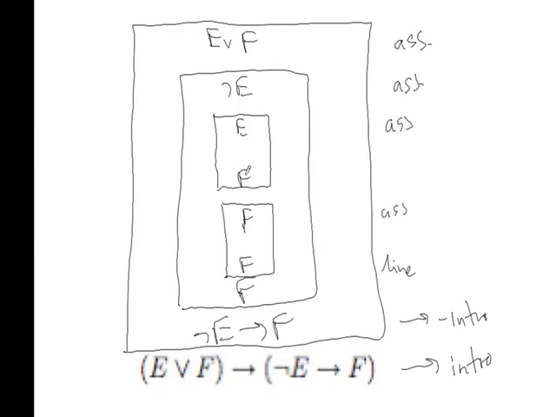Now, the only line we cannot justify at the moment is this line where we have the F. However, you see, we have assumed not E and we also have assumed E. So for these two, we can get a contradiction. You can say we're using a kind of contradiction rule, where you have a statement, but also the negation of the statement, so we get a contradiction. In the notation of Jape, it's simply the not elimination rule. But it's completely acceptable if you write contradiction rule or something in your annotation instead. But on the formula sheet for these questions, it would be referred to as a not elimination rule.